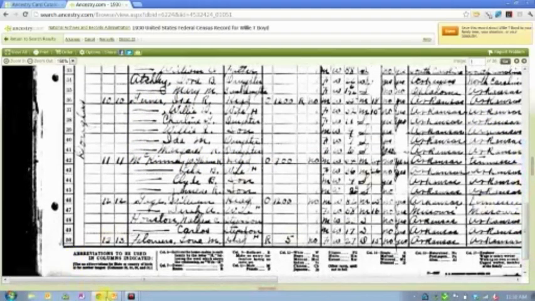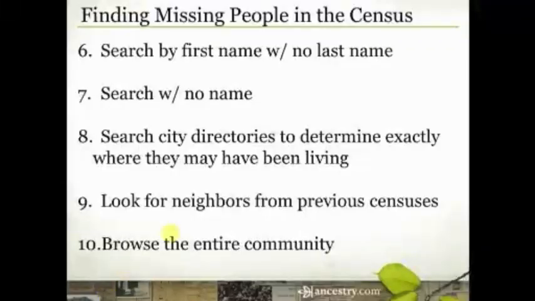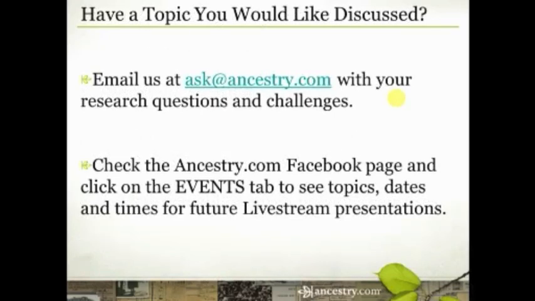Okay, so those are, I think, our 10 tips for finding missing people in the census. I would add a bonus tip for you, and that is, don't get discouraged. This sometimes takes a little bit of persistence, a little bit of perseverance. Every day, just about, as I interact with the community, whether through chat or Twitter or live stream or going out and speaking to communities of people, I discover that people will come up to me and